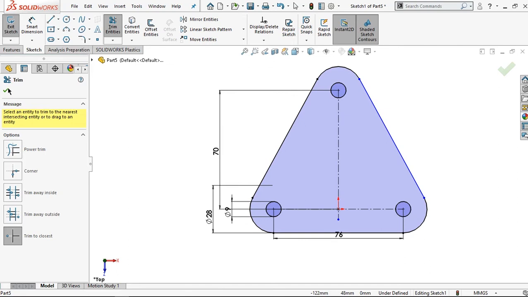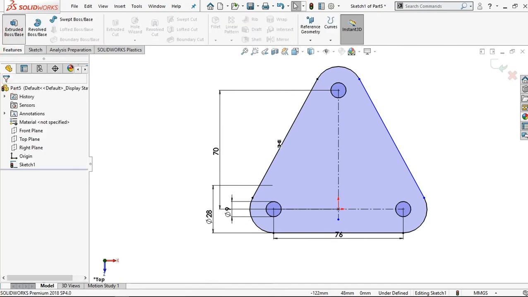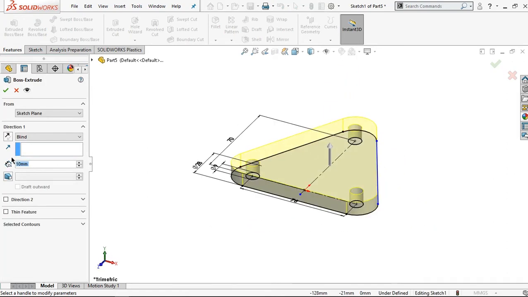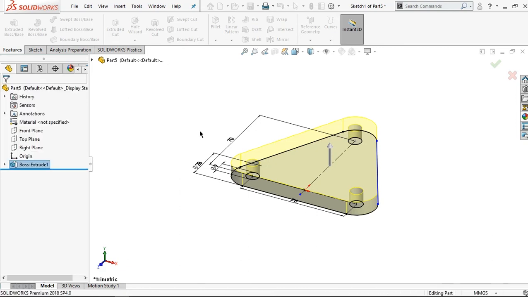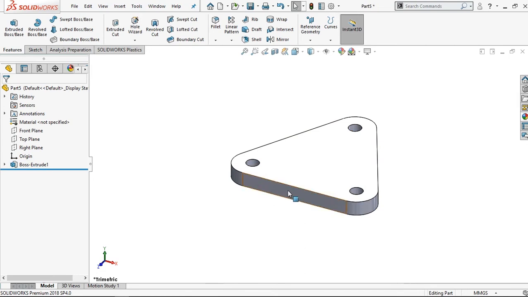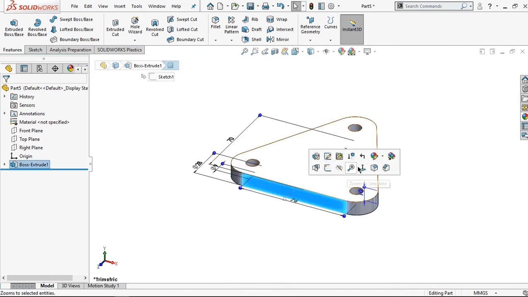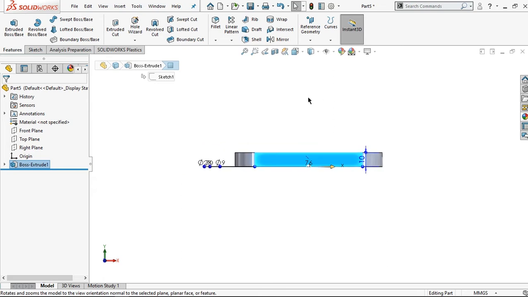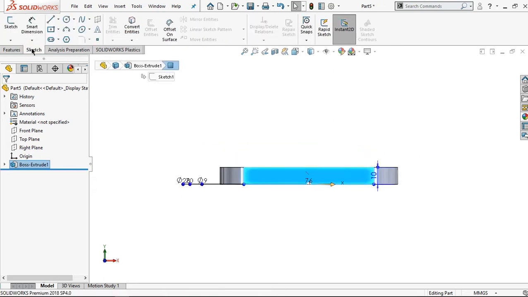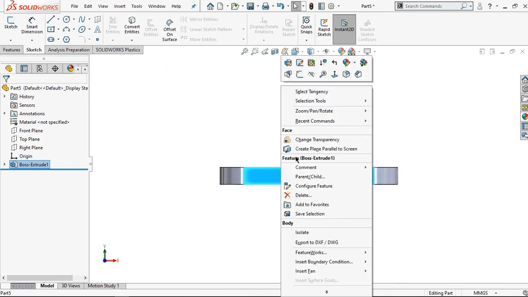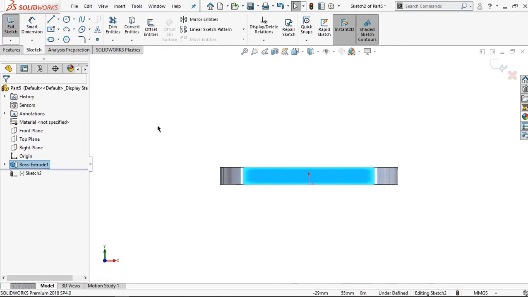And then go to features. Let's give the thickness from the sketch. Let's make 10 mm, then apply. For the next step, let's click this surface and make it normal to. Zoom out, then go to the sketch, right click the surface and click sketch. So there is the sketch in the model tree, and then go to the line, circle,